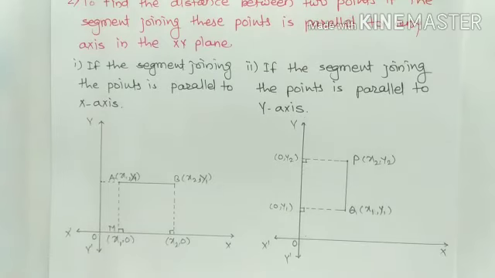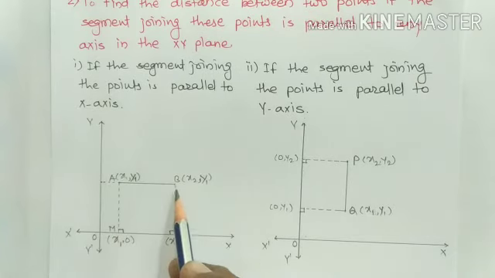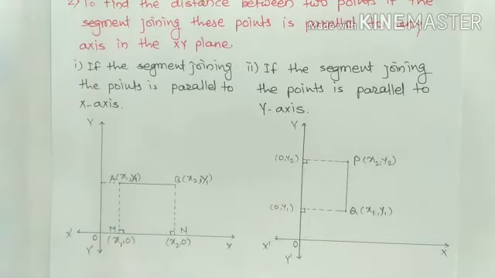See, suppose the perpendicular drawn from point A intersects the x-axis at point M having the coordinate (x1, 0), because the x coordinate of these two points, point A and point M, is the same, because AM is parallel to the y-axis. The perpendicular drawn from point B intersects the x-axis at point N having the coordinate (x2, 0). Now here quadrilateral ABNM becomes a rectangle,